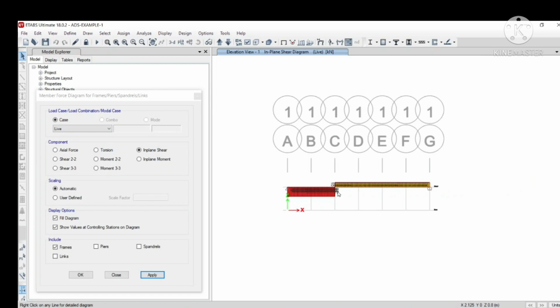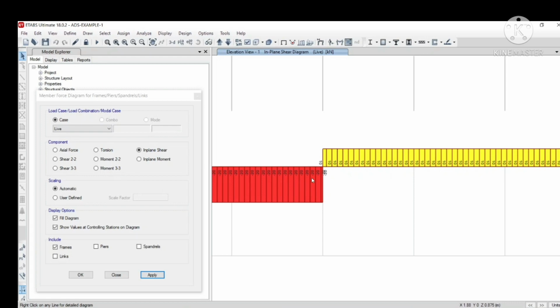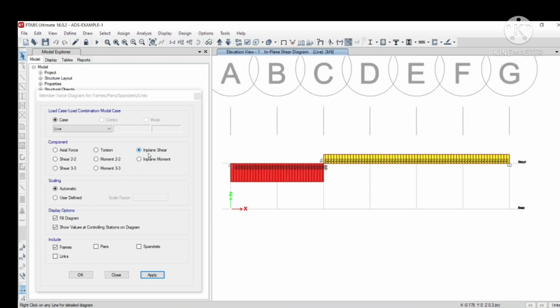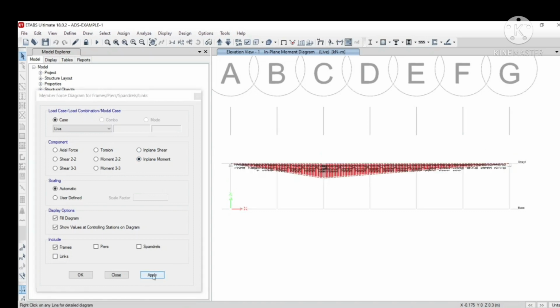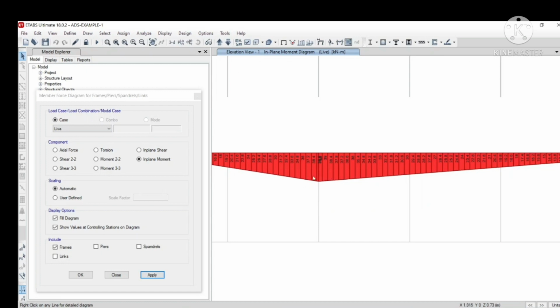You can observe the shear, that is minus 20, and so this is minus 20 and this is plus 10. So this is the shear force, and let us find the in plane moment. And you can see the in plane moment, that is around 39.6. So at this point you will be having 40 kilonewton moment. So 39.9, 40 kilonewton meter will be our maximum moment at the point of loading.